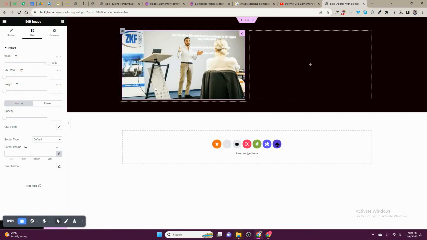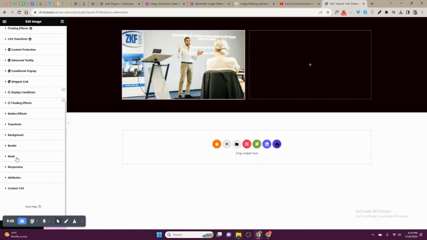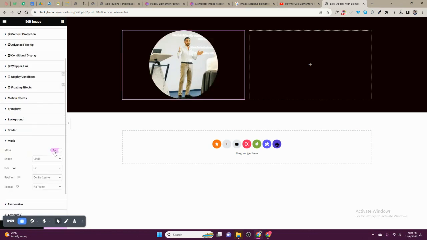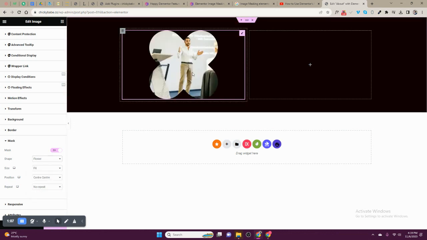like that. Then click on advanced, scroll down, look for mask. Click on it, then open. Now you can see after clicking on it, we have here circle, depending on the shapes we are making. Circle, make a flower,